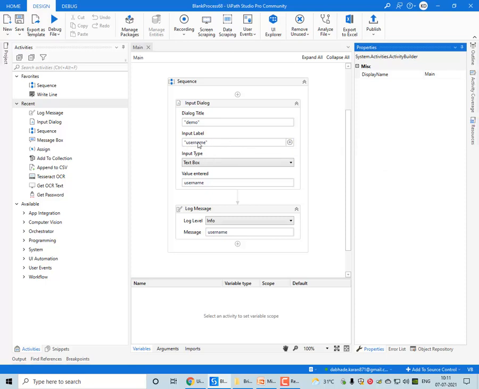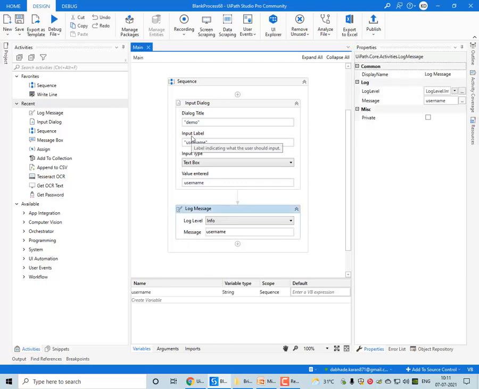You can ask here, please enter your username, so that the user can understand what you want as input. Here we have created a variable in the value entered, and we have attached it to the log message, and simply called the variable where the user's input will be stored.